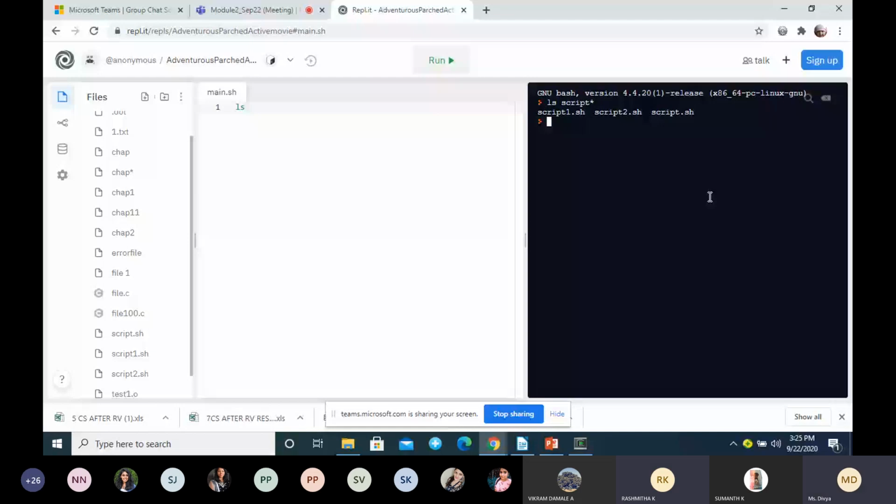What if I write like this, script1 star? Now, tell me what will be the output. These are the files I have. Now I want to list a file. I have written script1 star.